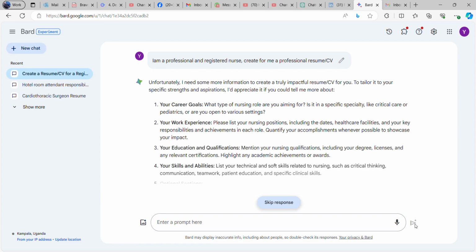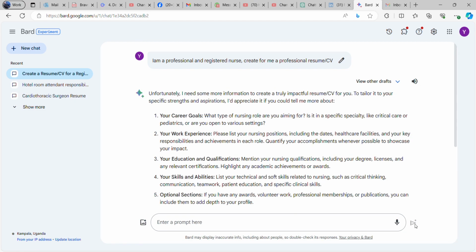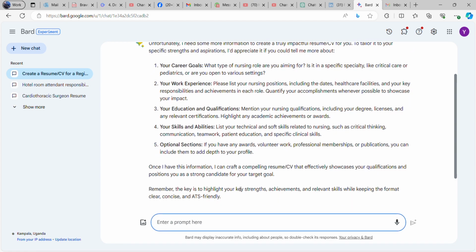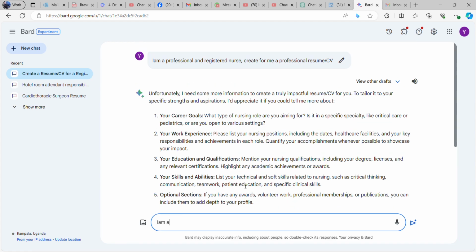Okay, now here they tell you, unfortunately, I need some more information to create a truly impactful CV or resume, to tailor it to your specific strengths and aspirations. I would appreciate it if you could tell me more about you. Okay, your career. What type of nursing role are you aiming for? Is it a specific specialty like critical care or pediatrics, or are you open to various settings, your work experience and everything? In this case, you'd say I am an